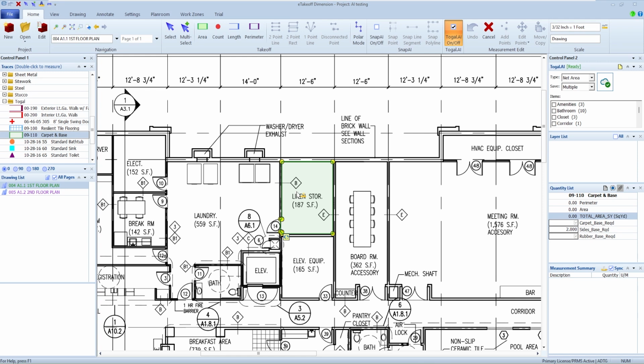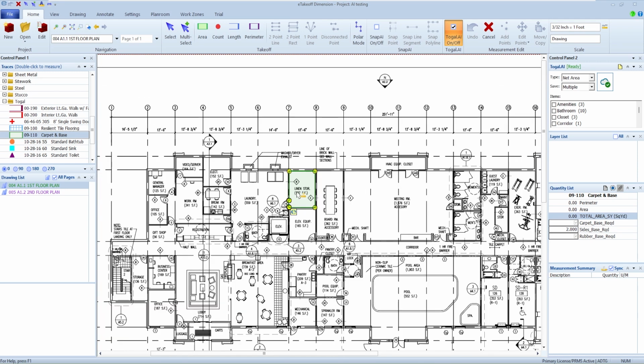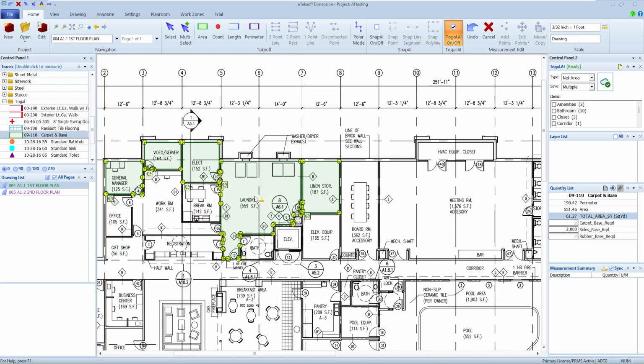So, as I'm looking at this one here, I'm probably going to see people more. I'm going to click on that room there, and maybe this room's the same, and this room's the same. So I'm basically going off and maybe I'm selecting. So instead of it going through and just highlighting what it thinks is the same, I'm kind of validating some of that as I'm going through it and just clicking on them as I find which rooms have that particular carpet or flooring or whatever I'm taking off.